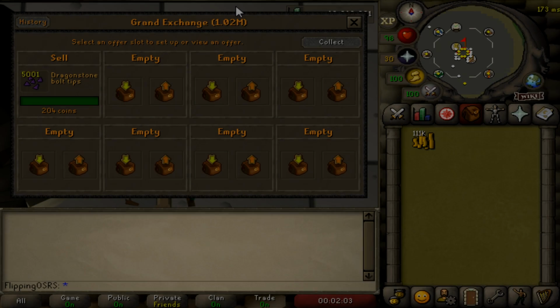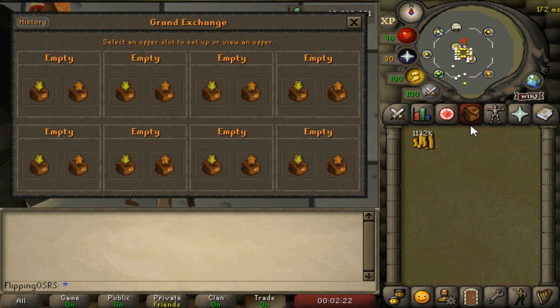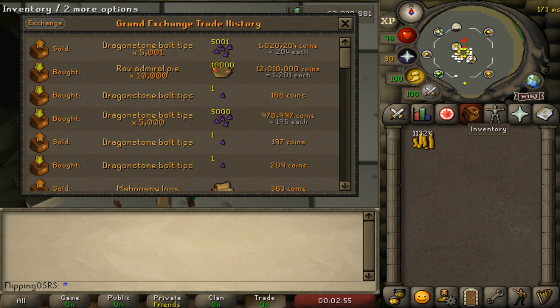Well, there we go. Everything worked out and the Dragonstone bolt tips sold off in around 20 minutes. It didn't take that long. However, it was not instant, which means you do need to have a certain degree of patience. So let's go ahead and collect that, bring this up to 1,132K. So I can see here that we made around 40,000 GP, but let's go ahead and put that into our